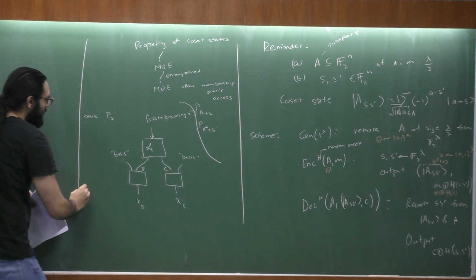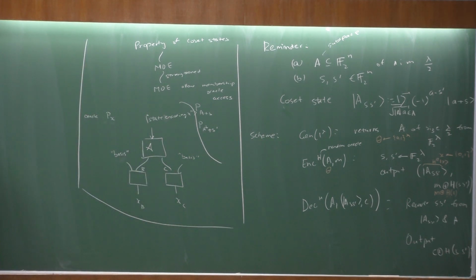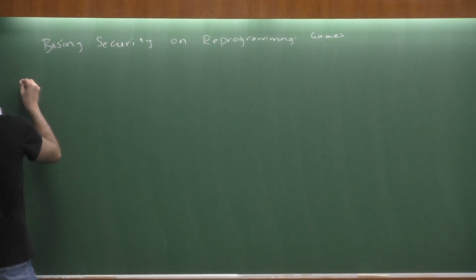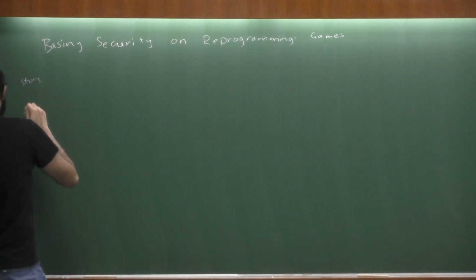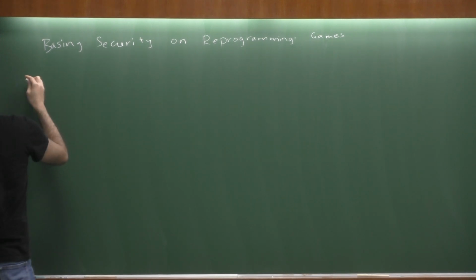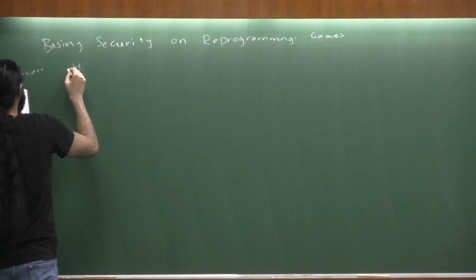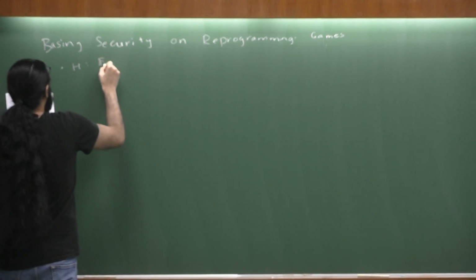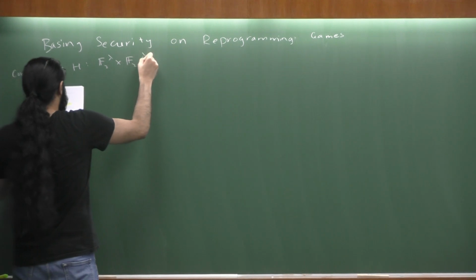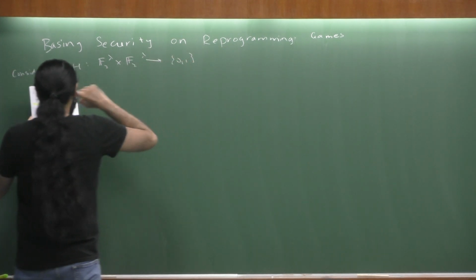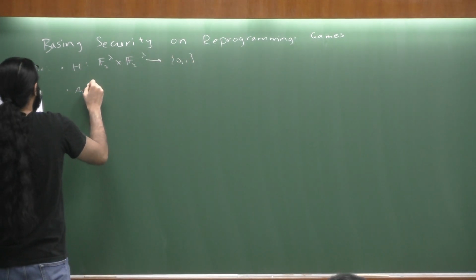Now we'll see why we're talking about these oracles, at least at a high level. We are trying to base security on reprogramming games. We had written this last time, so let me quickly write it again. H was a random oracle from f to lambda cross f to lambda to 0, 1. Then A, B, C